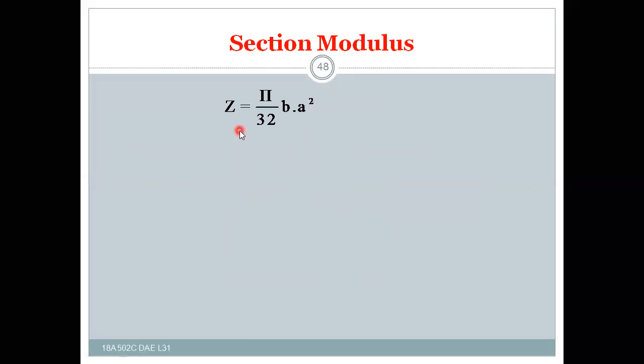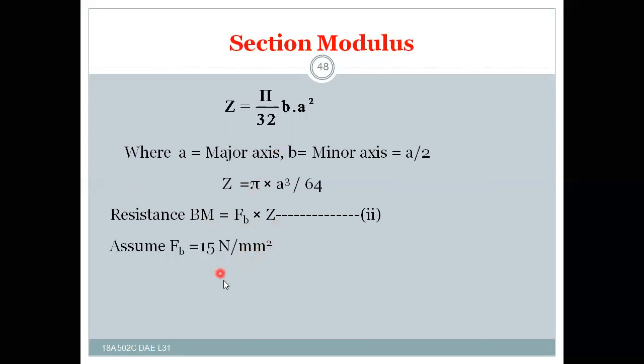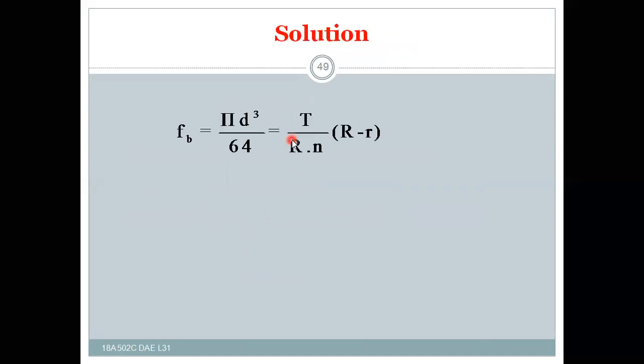And Z is equal to the section modulus for an elliptical cross section, pi by 32 b into a square, where a is the major axis and b is the minor axis, which is equal to a by 2. After substituting the b value in this, we get pi a cube by 64. The resisting moment is equal to bending stress into section modulus. Then equate this to the maximum bending moment formula, equating 1 and 2, then you will get Fb is equal to pi d power to the cube by 64, T is equal to